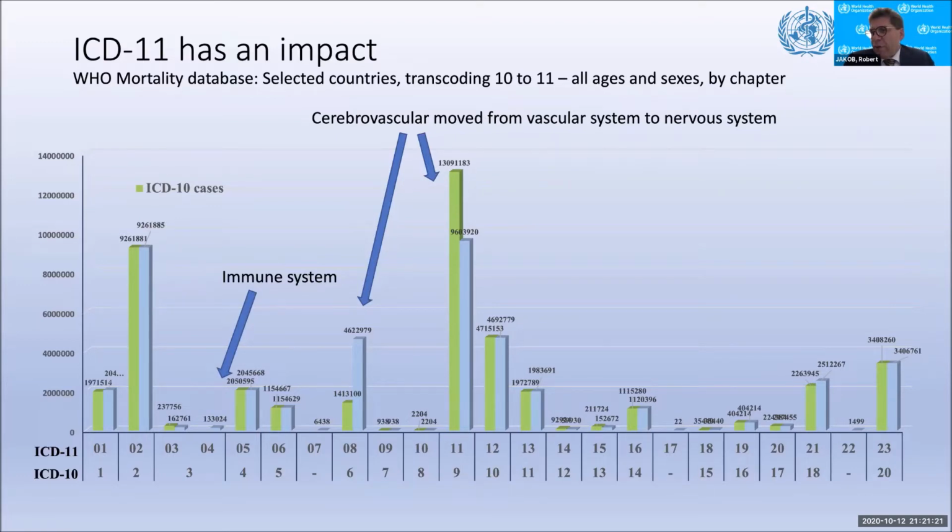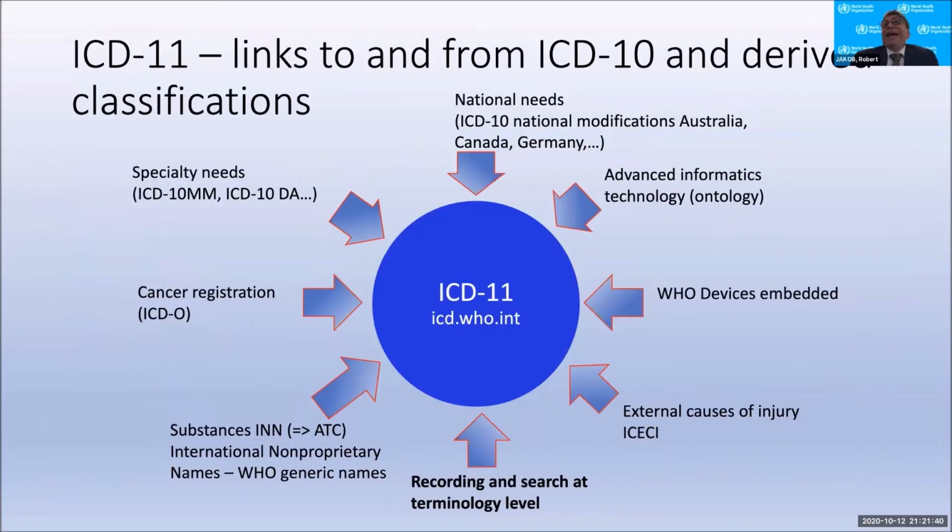And in the past, I'm talking 30, 40, 50 years ago, but nowadays, if you have the possibility of doing rapid diagnostics, you can do several interventions that will prevent a person from the worst consequences of that stroke in many instances. Now, ICD-11 has links to and from it, and we looked at, for example, this maternal mortality ICD,